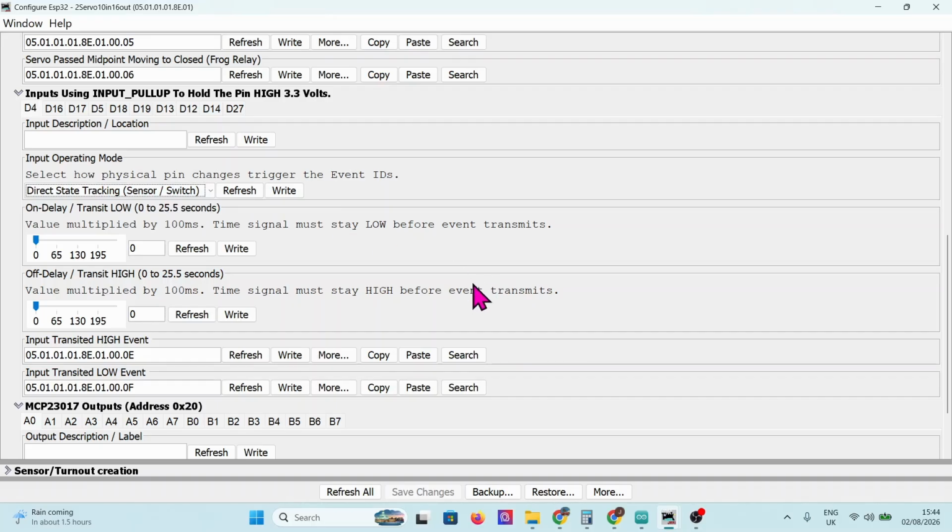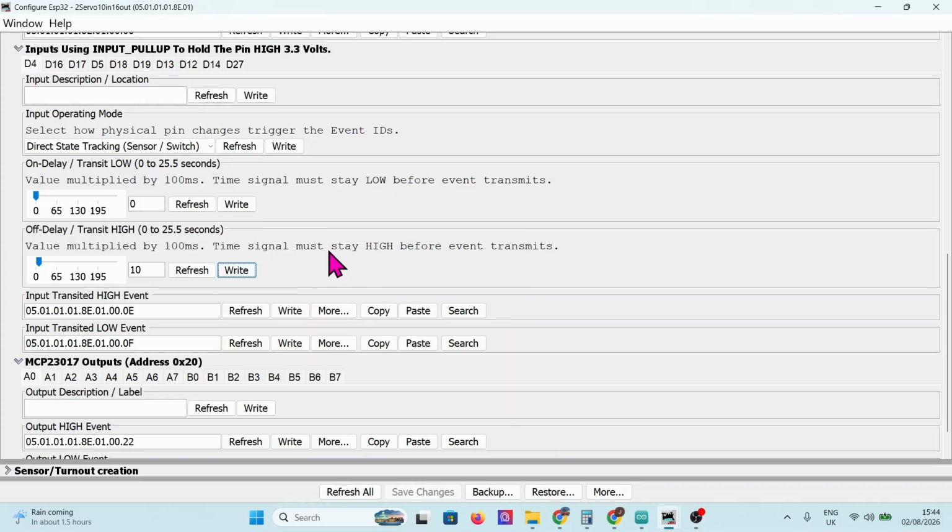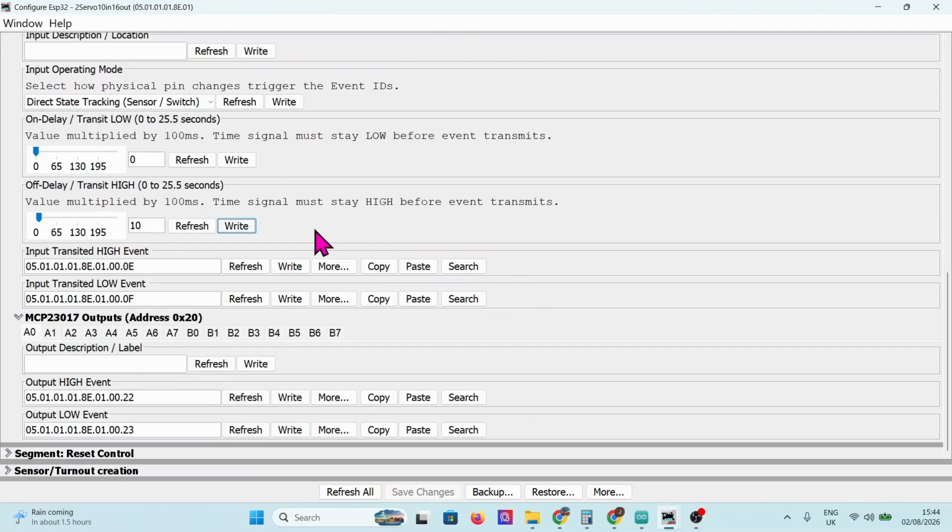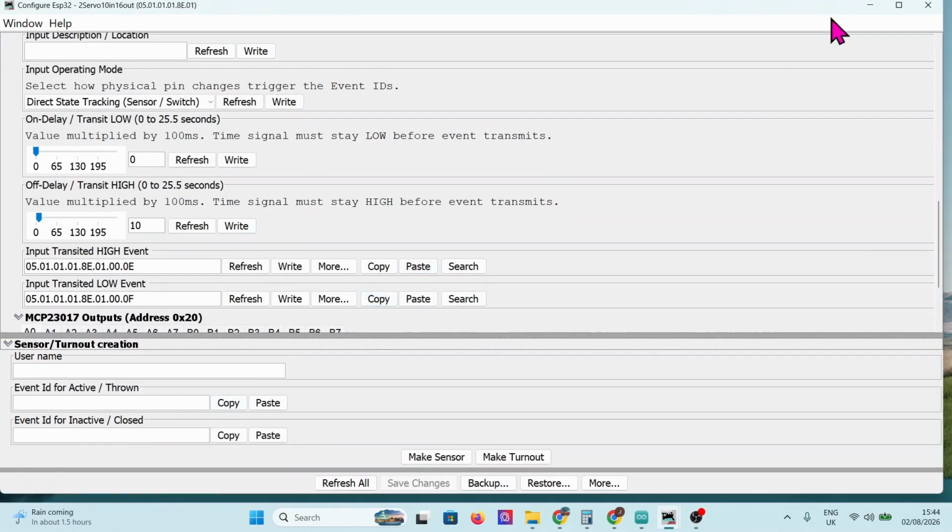Now, as I said before, I do use a delay on these, and I normally set this one here, off delay after transiting high, and I set that to 10. Click on write. Now the next thing I need to do is set up the sensors so that they work within JMRI. So when we open this section here,